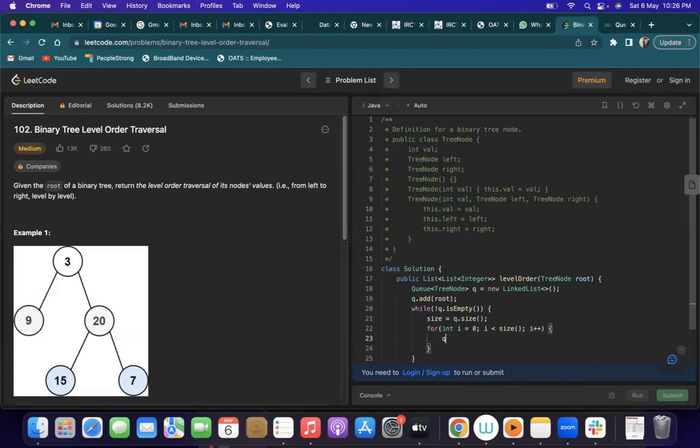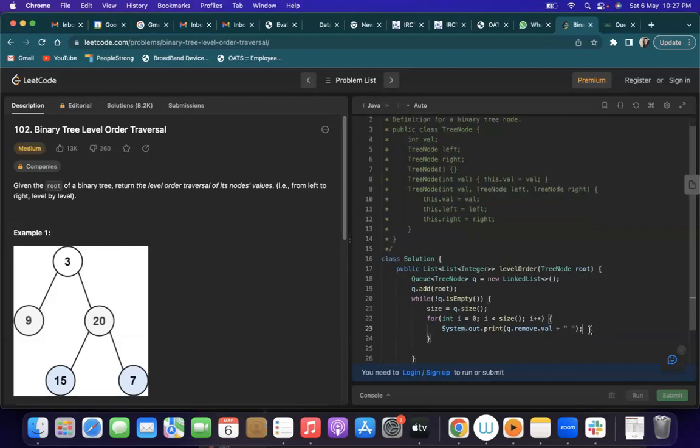So I can simply print, system dot out dot print, and I am printing this q dot remove dot data, not val, right? Yes, that's correct. And let's say after a space. Okay, and after this for loop,